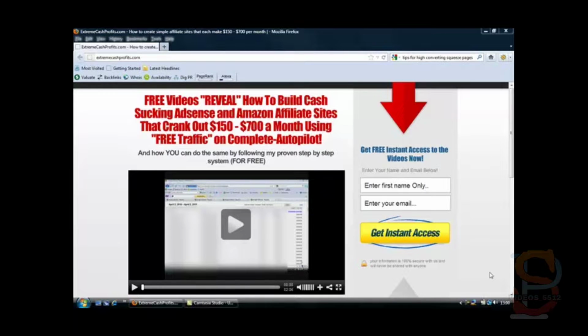The first tip is going to be use power words in your headline. Power words, I mean words like reveal, free, basically words that really pull people in, and it creates attention. I've also used the words cash sucking, because cash sucking is a lot better than using the word making. I mean, I could have put how to make money with AdSense and Amazon affiliate sites, but that doesn't sound very good, does it? So I chose the words cash sucking because